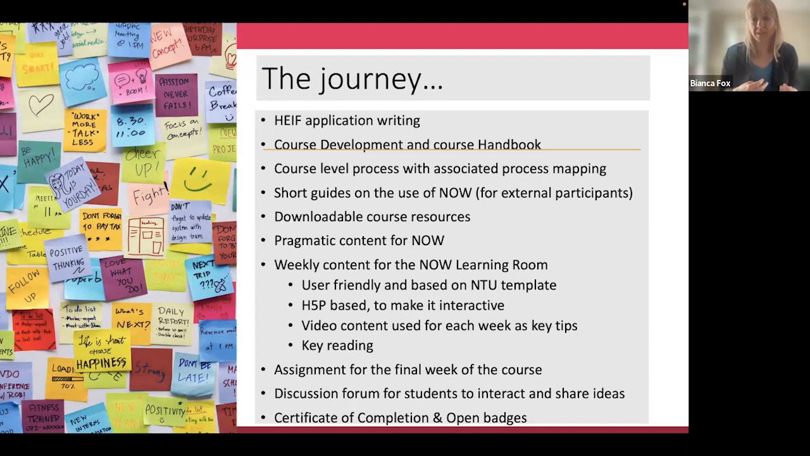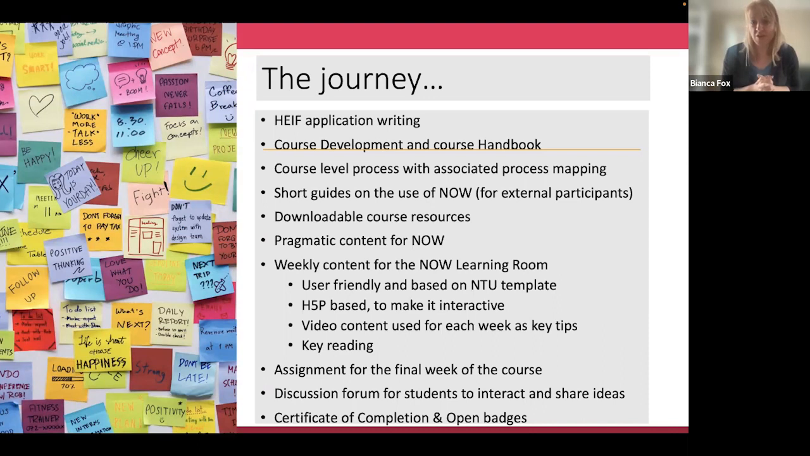But we also wanted to make it useful for what we do in CADQ, so in our department at NTU, meaning that we wanted this short course to be a taster for the International Postgraduate Certificate in Academic Practice that will be launched this next academic year. So it was very important for us to start creating a process, meaning developing not just the course handbook and course documentation, but also a learning room that participants would be able to access, resources that would be easy to download,